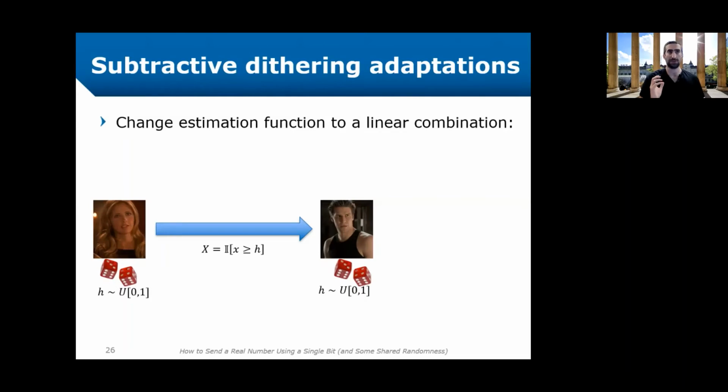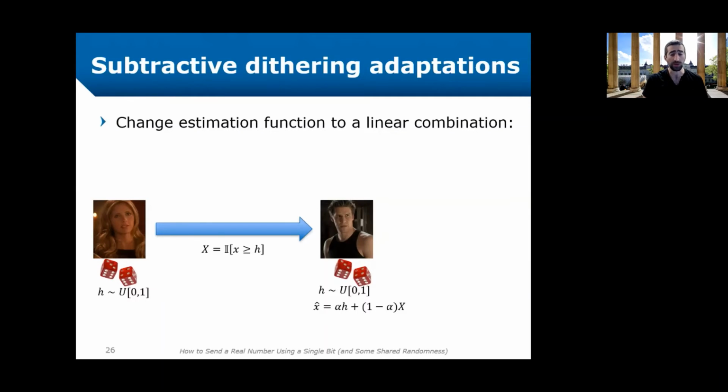So we slightly changed Buffy's algorithm too. H would now be a number between 0 and 1, and Buffy will just send 1 if X is larger than H. Angel would use this convex combination between the shared randomness and the message X. The intuition here is that when H is large, the threshold is higher, it's less likely to send 1, and then we should estimate X as being a larger number.